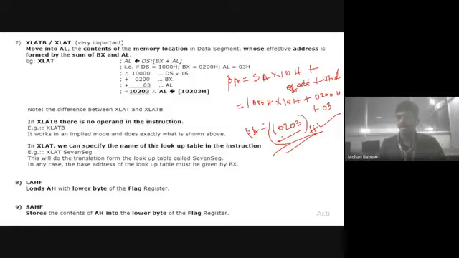The processor does some computations. So in order to convert the virtual address to physical address, we go for the XLAT instruction. This instruction is mainly used for converting the virtual address to physical address. The concept here is what is the segment address, what is the base address, what is the offset address, and what is the index value. By getting all these values, we can produce the physical address of memory. That type of computation is done by the XLAT instruction. XLAT means translate. It is mainly used for converting the virtual address to physical address. And also we can use this XLAT instruction for getting data from a lookup table.